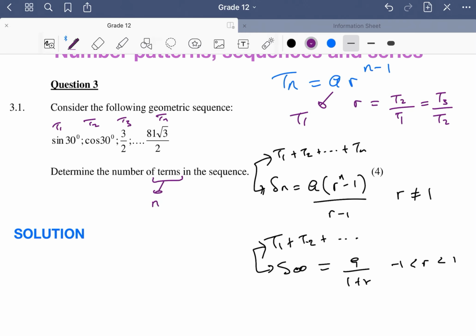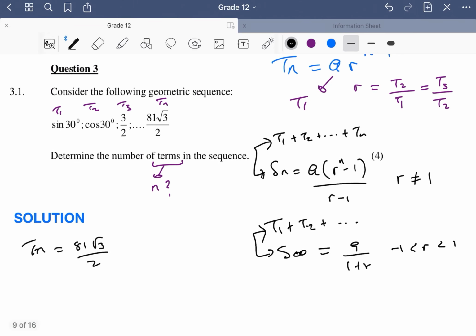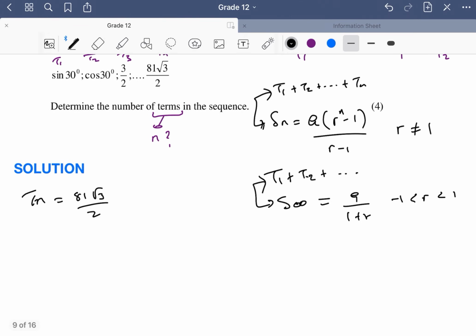So terms in number pattern, that's n. So basically here they want us to find n. Determine the number of terms in the sequence. Determine n in the sequence, right? So meaning, we know this is the last term, Tn. So we know for sure that the last term is 81 over 3 square root 3 over 2. That's the last term. So we need to find n, and we know that the general formula for